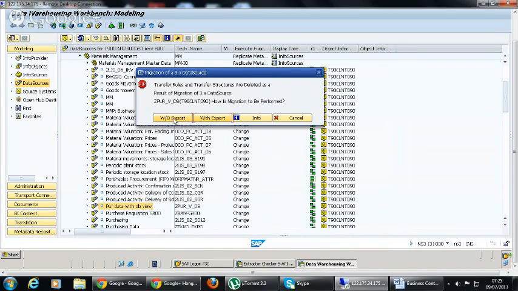If you select without export, it means that you won't be able to revert it back to the 3.0 version. You have to select one option. I would suggest you select without export because we don't have to go back to the 3.0 version from the 7.0 version. For me, it is always without export.